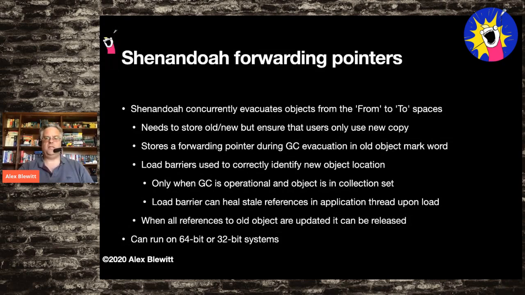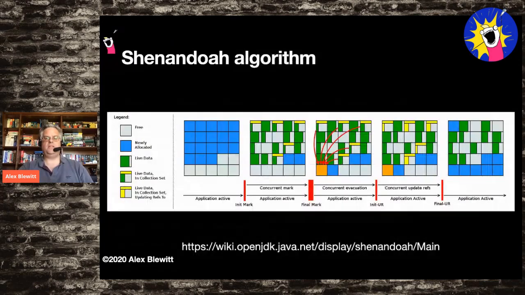Shenandoah also works on 64-bit and 32-bit systems and can support compressed OOPs. This picture of the Shenandoah algorithm was taken from the Shenandoah page on the java.net site. The blue regions here are effectively the Eden regions, the ones that have been newly allocated. After a mark, you have an idea of what objects are live. Then the concurrent evacuation takes some subset of those regions, writes them into a new region, and then marks